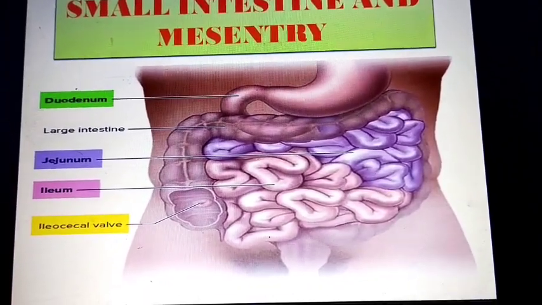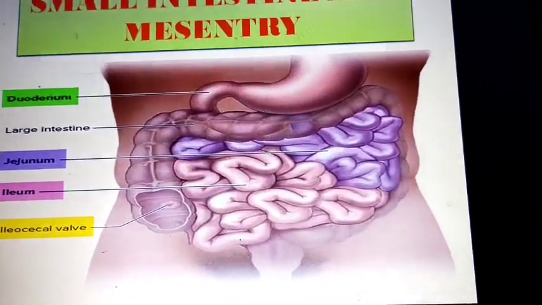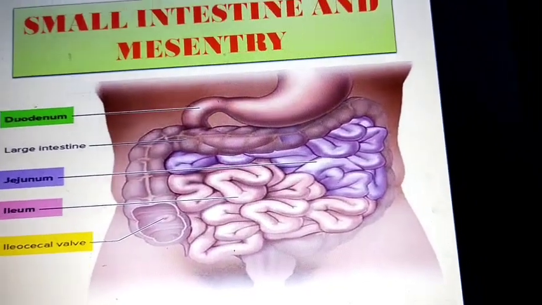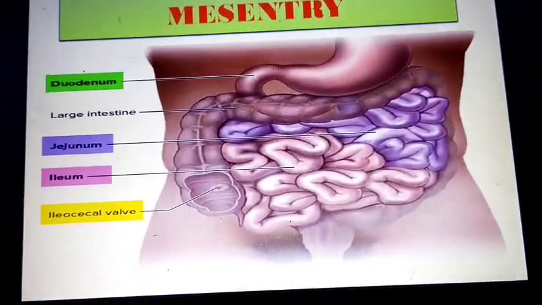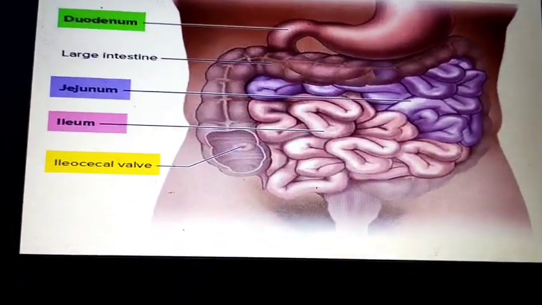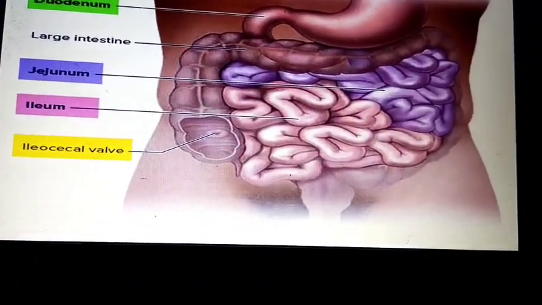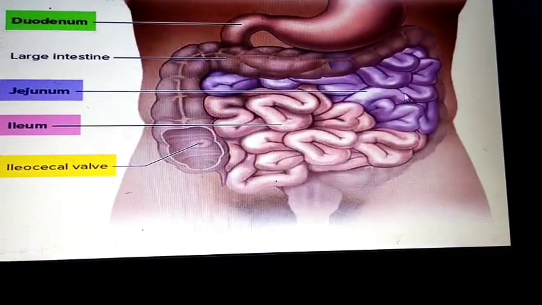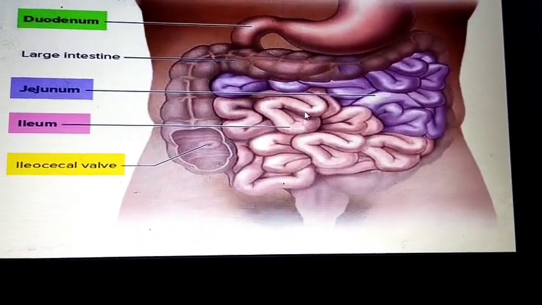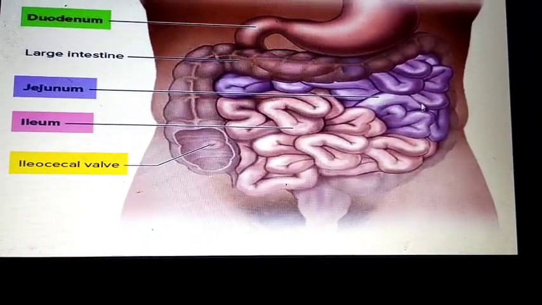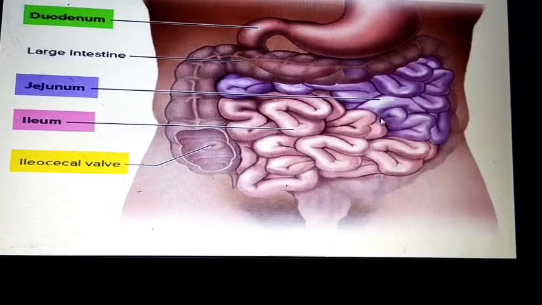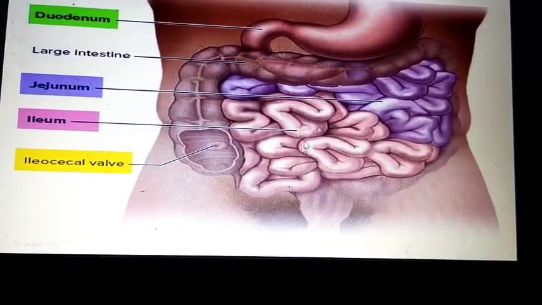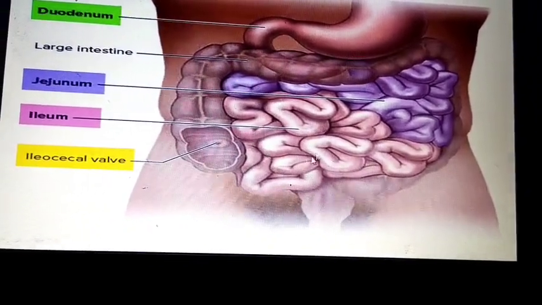In general, the jejunum is situated in the upper left of the abdomen, and the ileum is situated in the right lower abdomen. This is the jejunum, and this is the ileum. If you make four quadrants, the jejunum is present in the left upper quadrant and the ileum in the right lower quadrant.